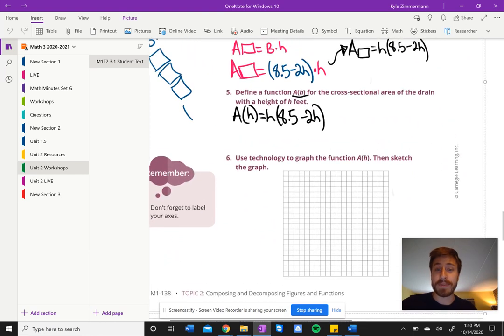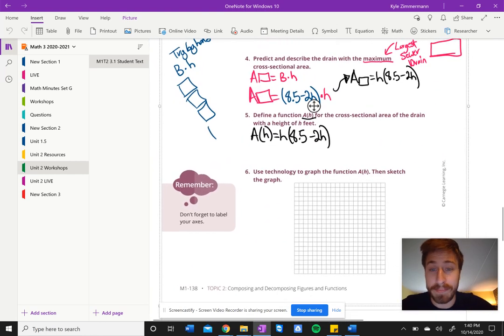All right, so basically last time we were able to algebraically represent the situation. We took a real life situation and created a formula to find the cross-section area of the drain. This formula enables us to test a bunch of different dimensions, and we're going to now compare this visually because